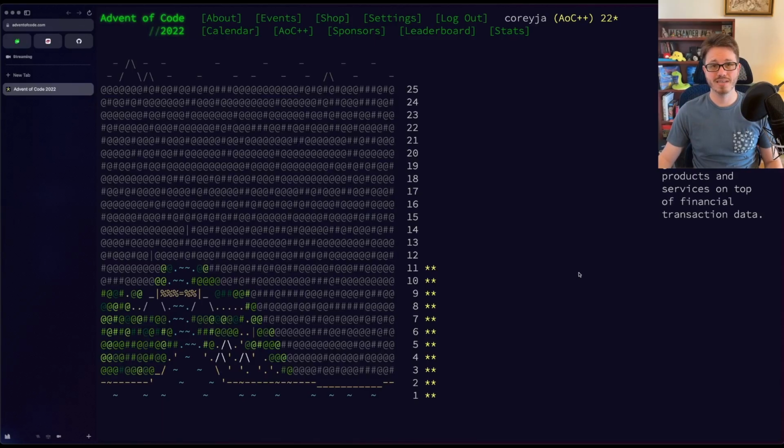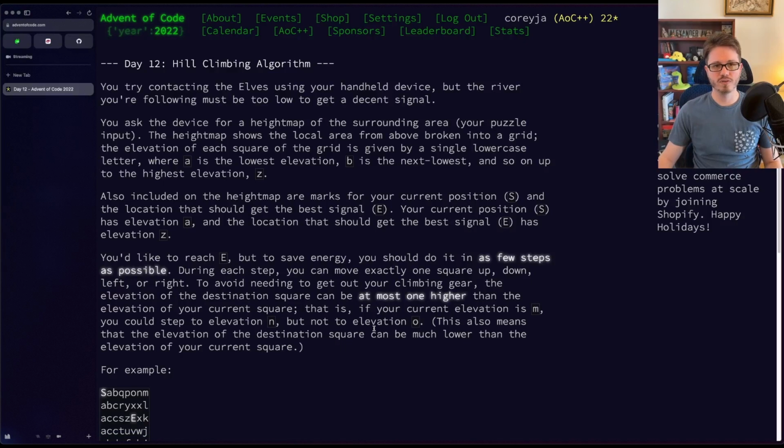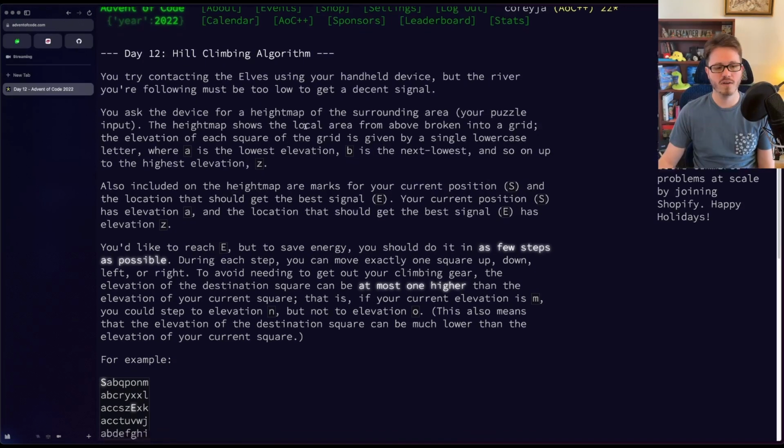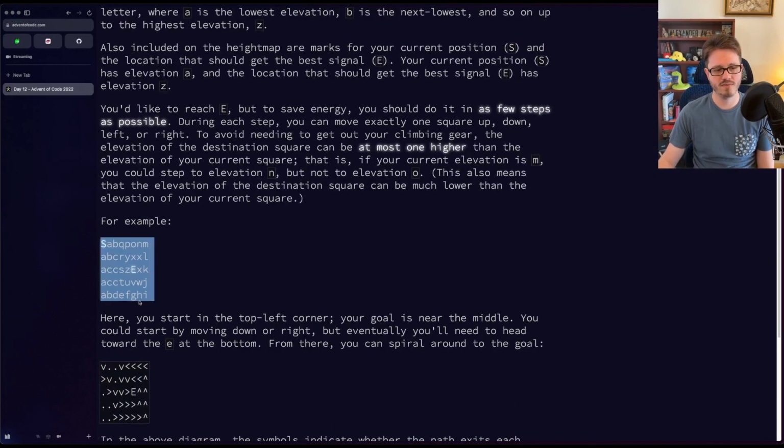Let's get started. Okay, let's jump back into day 12. We're going to read over this a little bit just to remind myself mostly what problem we're working on since it's been a few weeks, and then we'll jump into our solution and see if we can debug what's going on. Okay, so this is called Hill Climbing Adventure, and the puzzle is basically that we have a hill that's